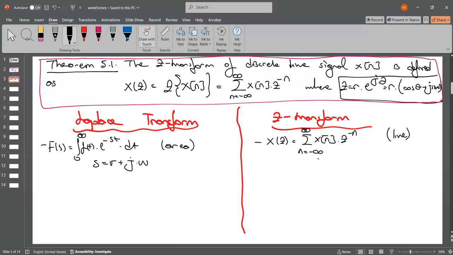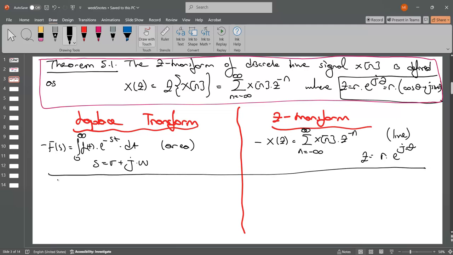This is the double-sided z transform, okay? We also have the one-sided z transform. These are the general properties of these terms. And so z is equal to r times e to the j theta, okay? And so this is the first property. In the second property, s equals sigma plus jw represents growth or decay